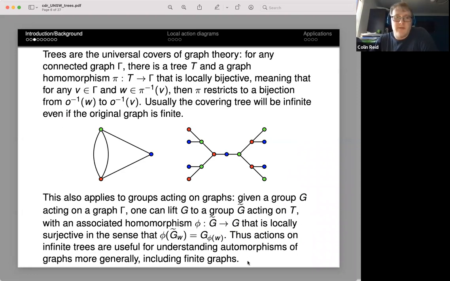So in particular, even if you're just interested in finite graphs, it's useful to be able to think about actions on infinite trees as a way of going to the simply connected world. So for instance, there's a problem in finite graph theory called the Weiss conjecture about automorphism groups of, originally asked about finite graphs, but you can rephrase it as a question about automorphism groups of trees. This is something my colleague Stéphane Tournier is working on.